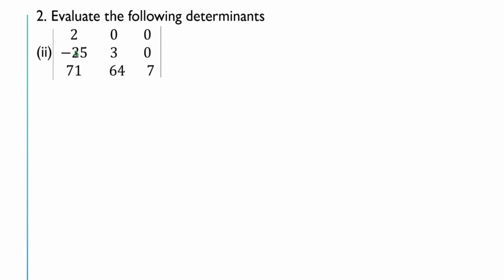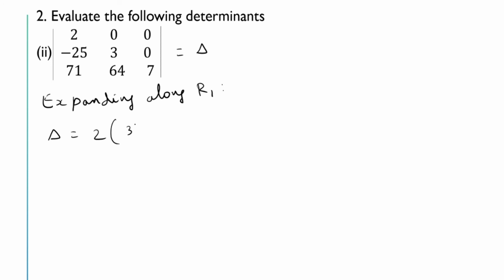The next question, evaluate the following determinant. So let us take this as equal to delta. Here if we see the first row has got 2 zeros, so we can expand along the first row itself. So we can write expanding along R1. So delta is equal to 2 into 3 into 7 minus 0 into 6 4